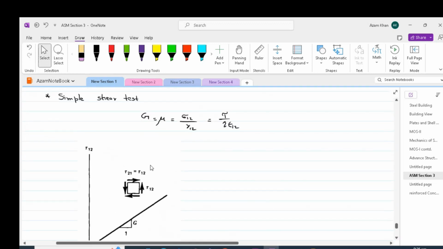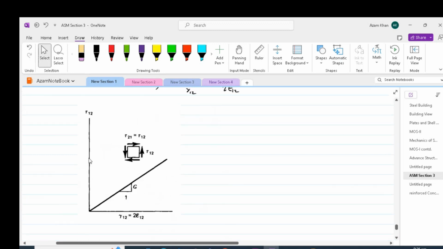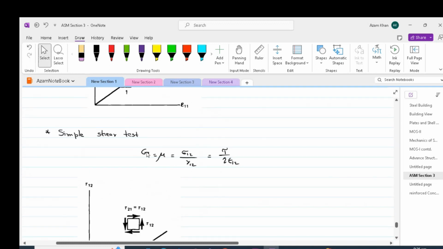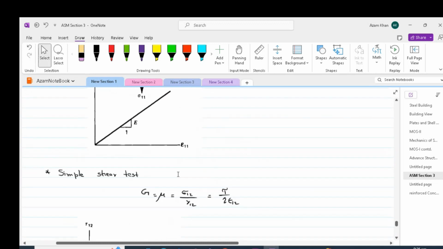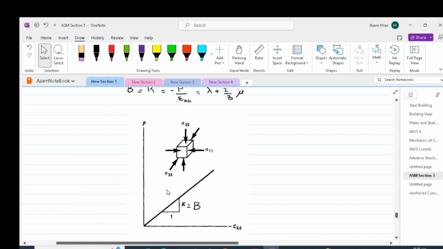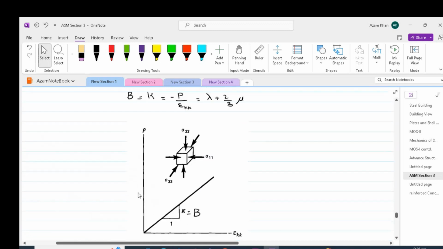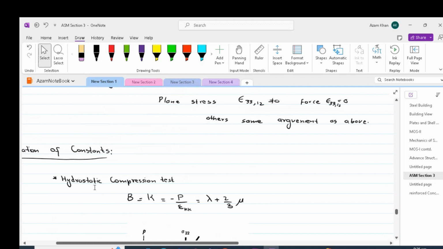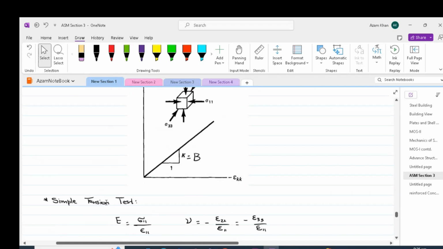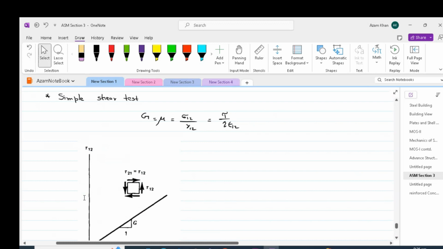in shear. For concrete or other materials, this test is very challenging, but there are non-standard tests available for simple shear. So if we draw a shear stress-strain curve, the slope of this will be the modulus of rigidity G, and that can be easily worked out. So these are the different types of tests. Some of them are standard, like simple tension tests. Some of them are non-standard in case of concrete or other materials, like the hydrostatic compression test or the simple shear